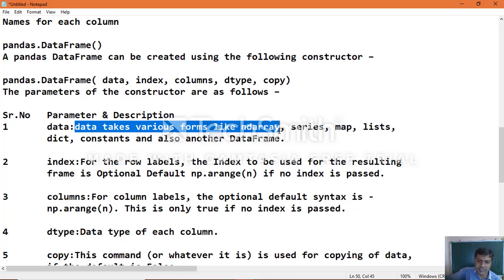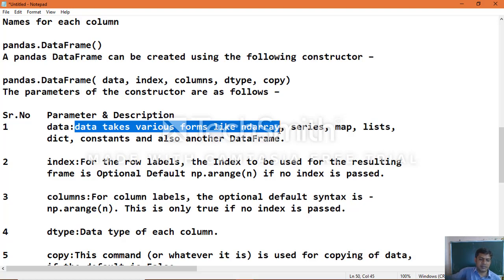Data can be 2D data, 2D dictionaries, an ndarray of values, a series object, a list, a dictionary, or a data frame also. That is what we call the data parameter, which holds the information.